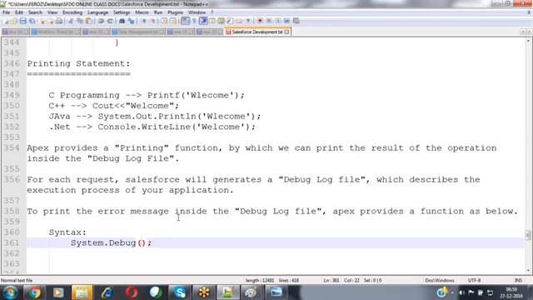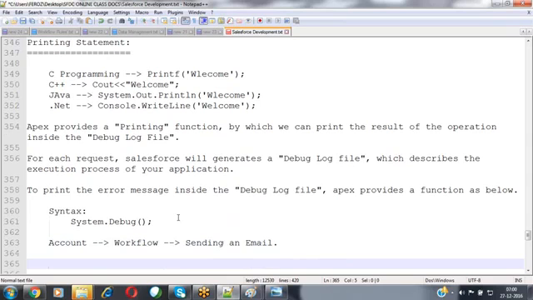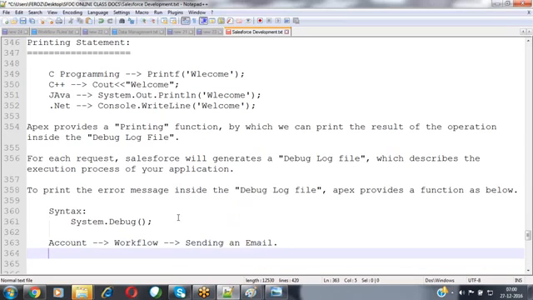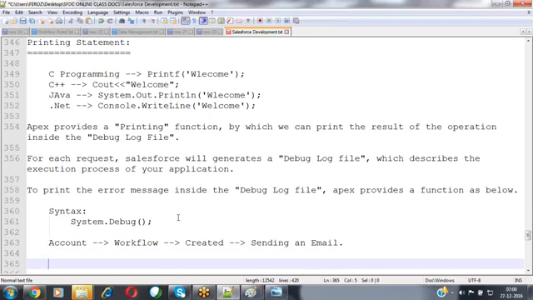Now, we have already discussed this during our workflows concept and our validation rules concept. When coming to the entry point of view, they will raise a question. For example, assume that I have an account object, and on this account object I have implemented a workflow. This workflow is going to send an email notification upon creating a new account record.